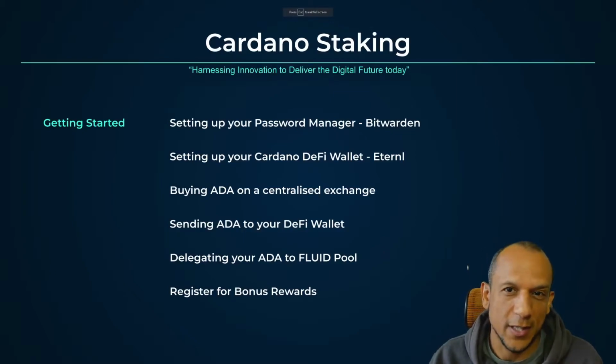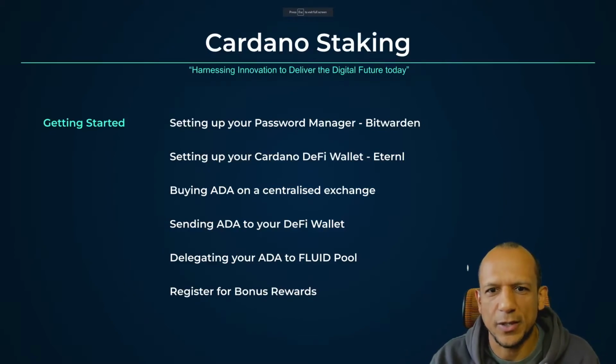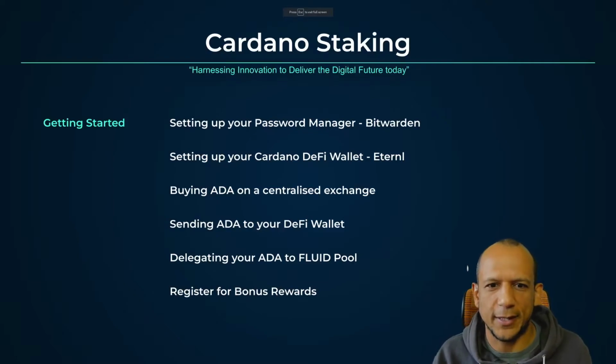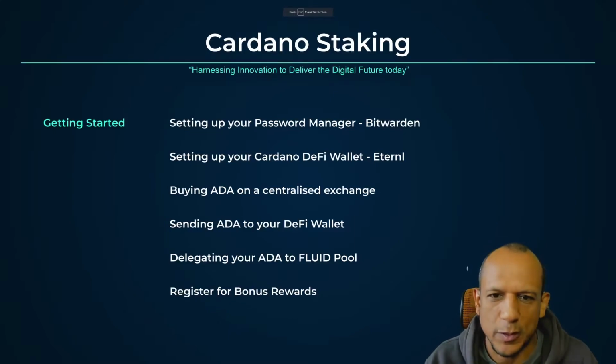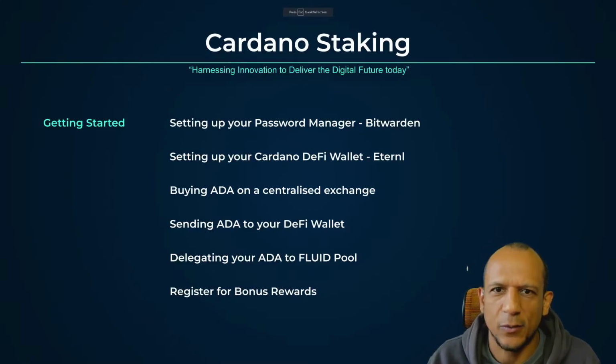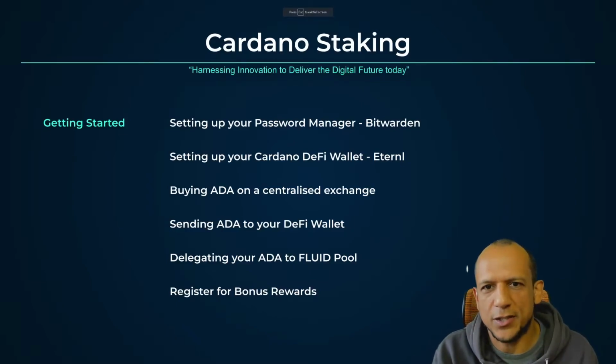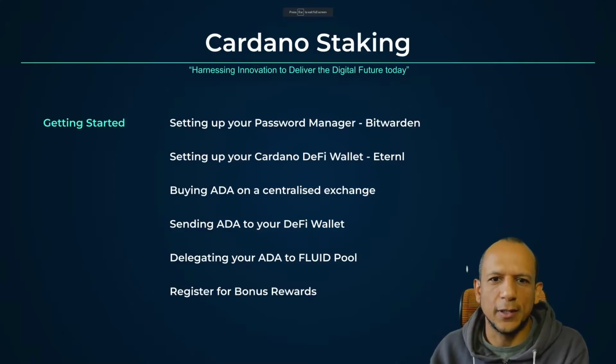So you'll have to show them your ID and a photograph and your home address and a bill, all that sort of stuff, just to make sure that they know, and the government that exchange is in knows who you are. That way they can charge you taxes down the road. So you do need to go through that to get money from your bank account onto the blockchain space, and then you can use one of those platforms like Binance to buy ADA with your pounds, your dollars, and then what you'll do is send the ADA from that centralized exchange into your DeFi wallet,